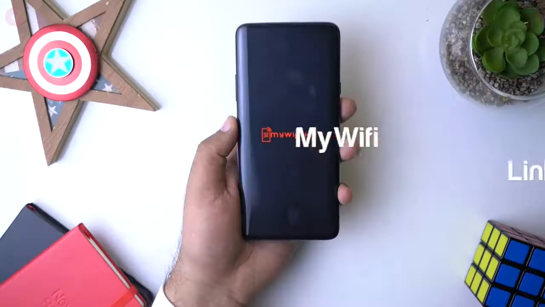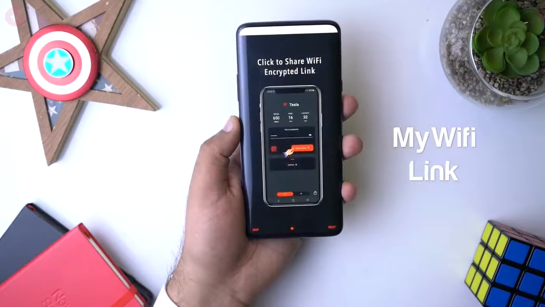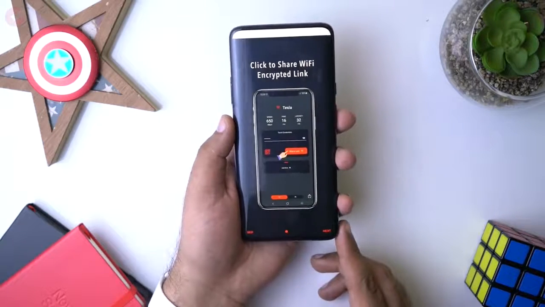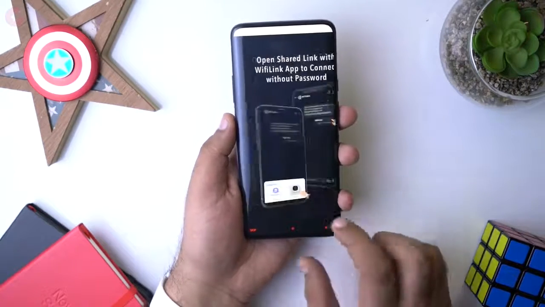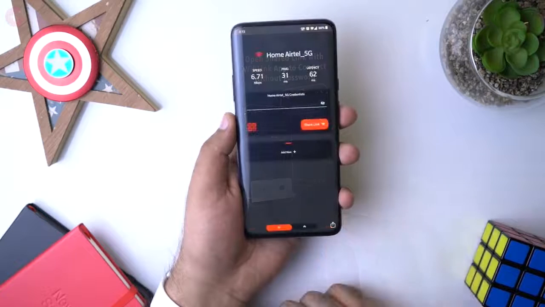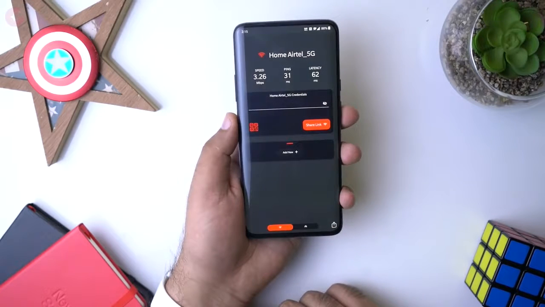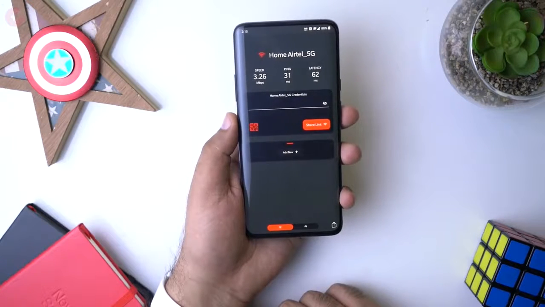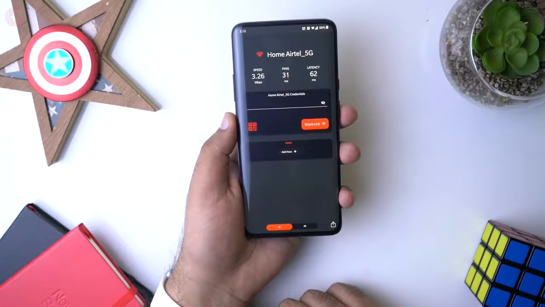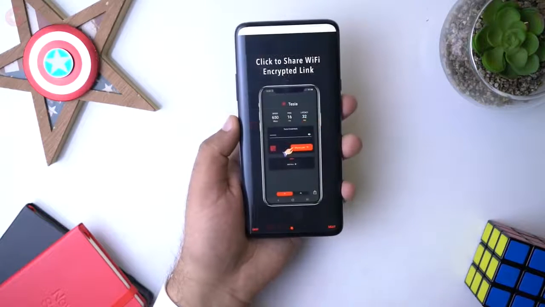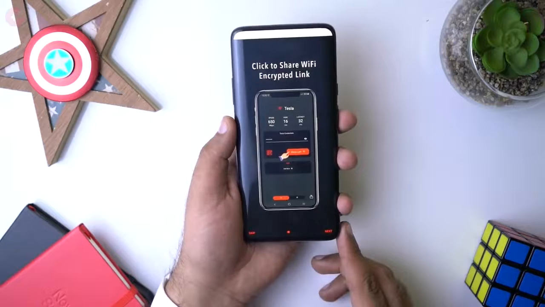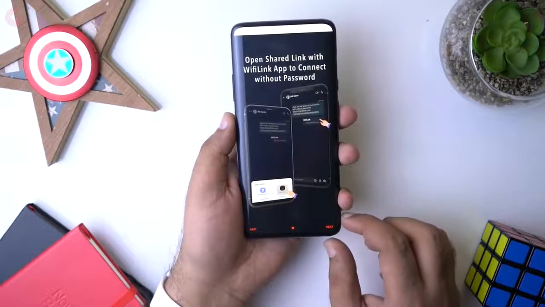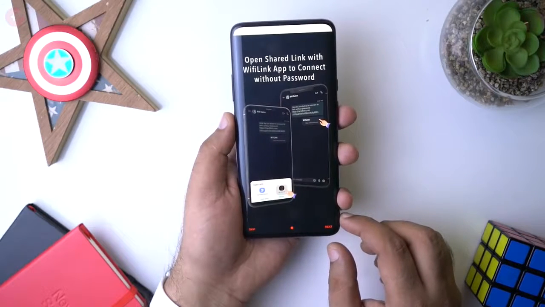The next app we have in our list is the Wi-Fi Link. Wi-Fi Link is a new app that will help you to share your Wi-Fi or hotspot with others through a very simple method. So I'm sure we all have been in this situation where your friend or guest is asking for the password, but like me, you also use one password mainly for most of the things, and it's really not that comfortable sharing the password. But with this app, you can simply create links or share QR code which they can scan with the camera and connect to your Wi-Fi.